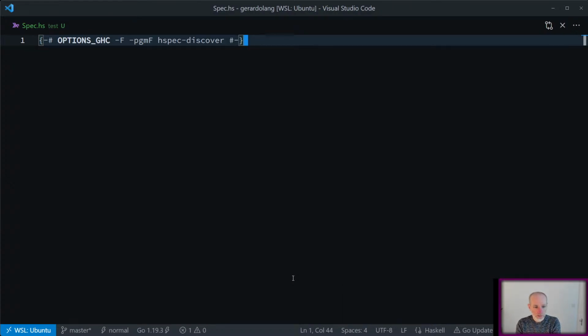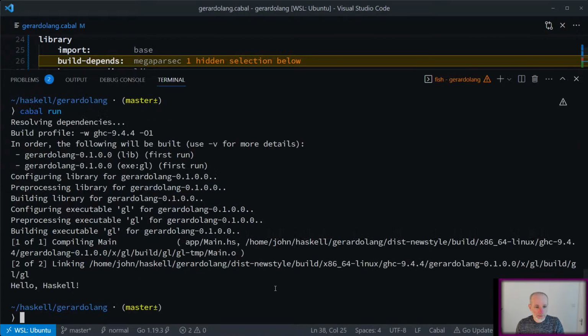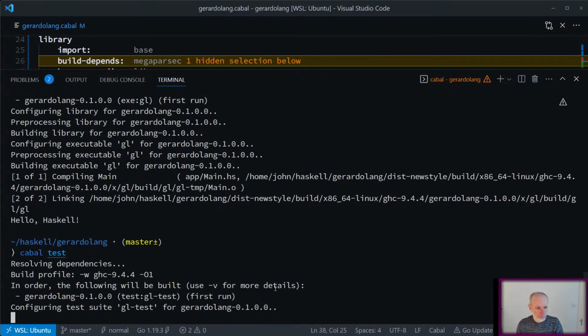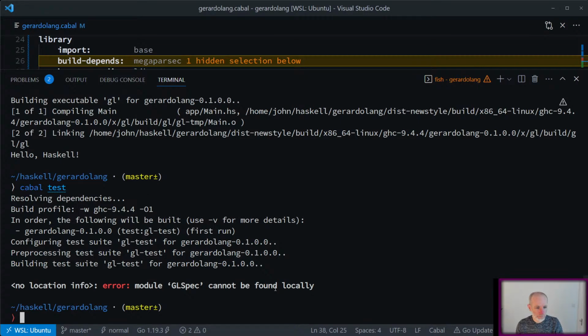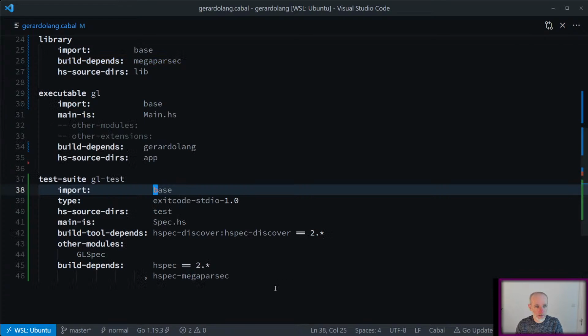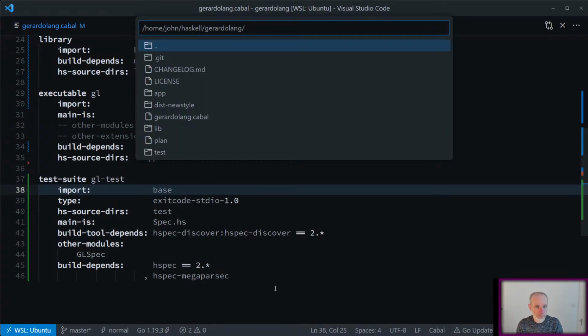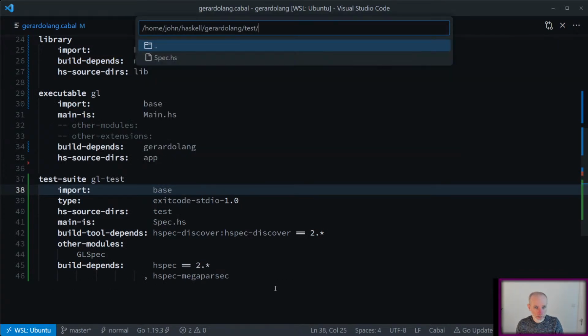Okay. Oh, I've woken up HLS. Good. Close that. It always gets upset by that. So I should be able to run cabal test, and there shouldn't be any tests that it runs. Module GL spec cannot be found locally. Always, I told it I had that, and I didn't create it. So it's going to be test